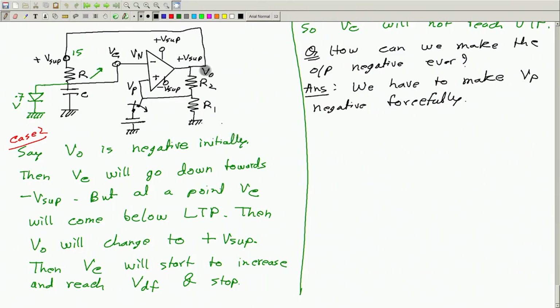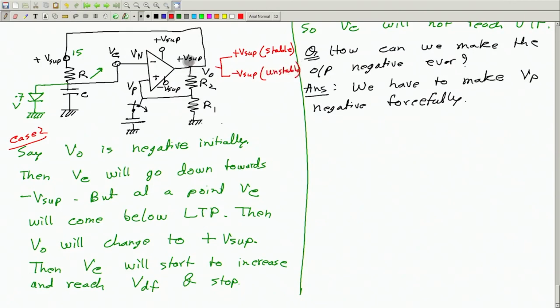The output VO can be either positive or negative, plus V supply or minus V supply. Among these two, this is the stable output. So, if the output is positive at any point, then it will remain positive and the output will not change. But minus output is not stable,